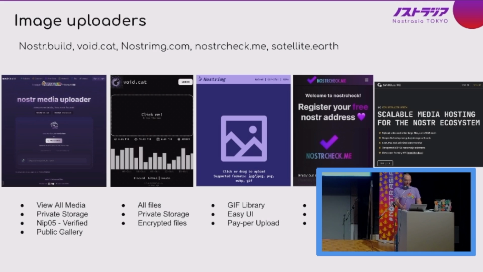Okay, and not being biased at all, but this is my favorite set of apps, right? Image uploaders are great. There's a ton of image uploaders, right? I'm Nostr.Build. I started the Nostr.Build image uploader app, but there's a lot more, right? There's Void.cat, also by Kieran, NostrImage.com, by Not Henry, NostrCheck.me, and Satellite.Earth. There are tons, and more than that. These are some of the big ones.